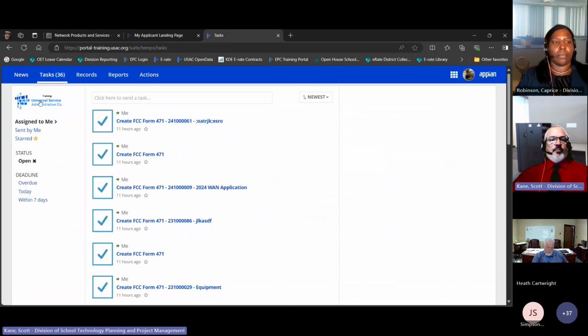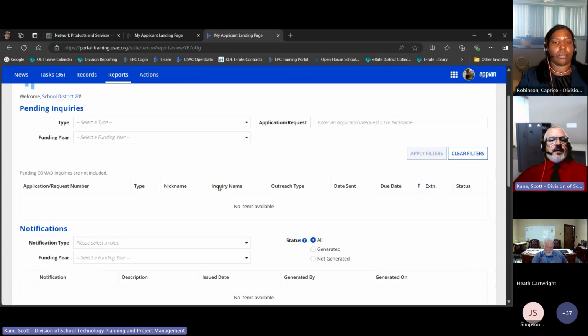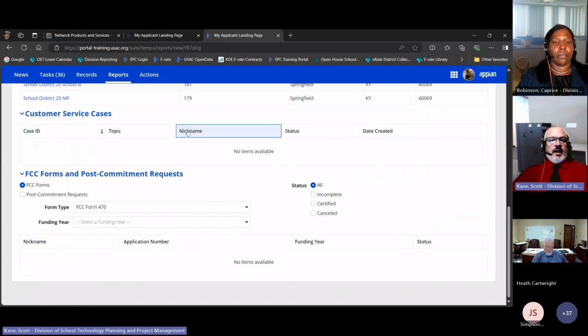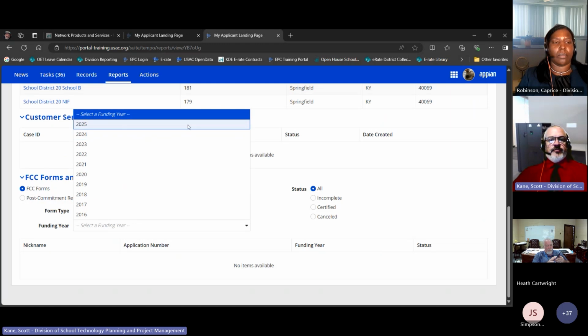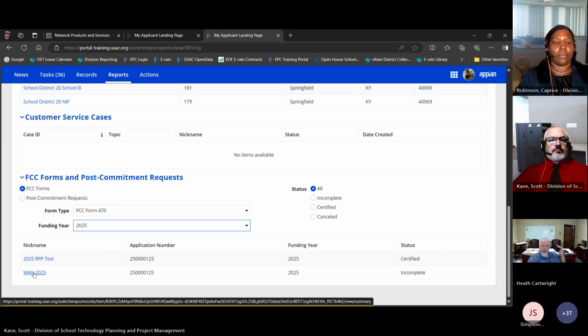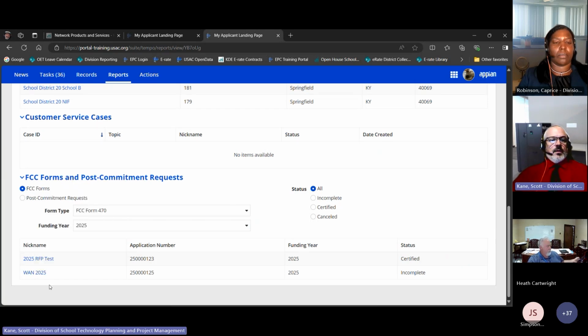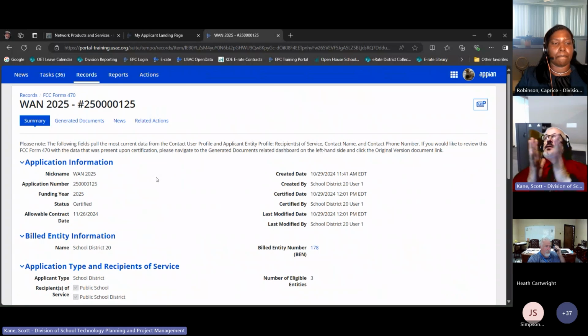And now if we go back to our landing page and we scroll down, we should find, when we do our forms search, there we go, look at that, WAN 2025. Now, we're going to click on WAN 2025, and let's just say that you are in the middle of your 28-day